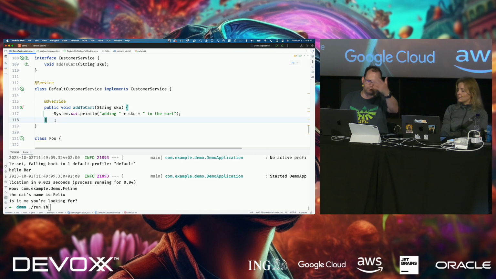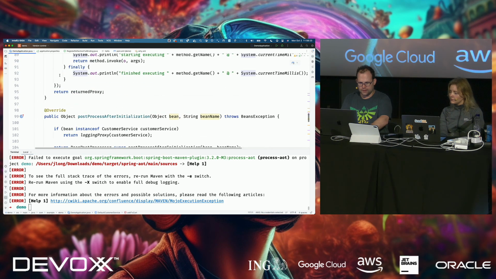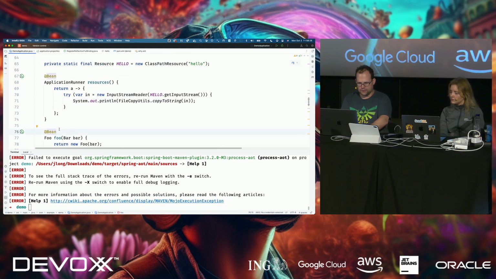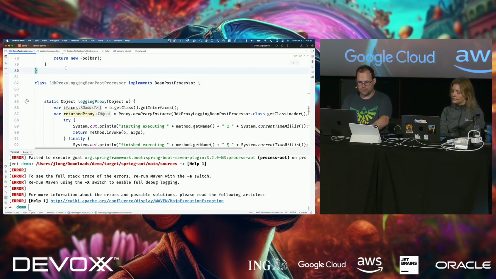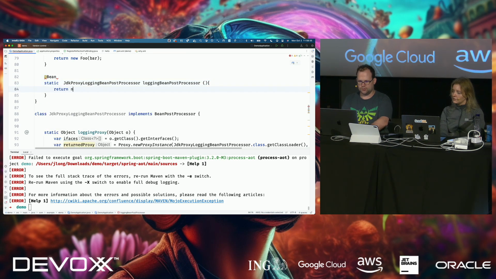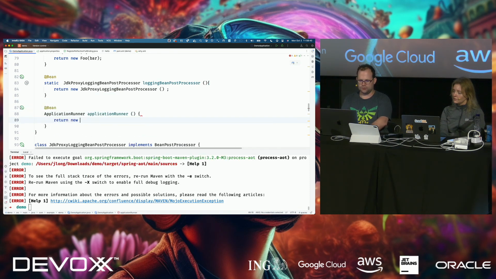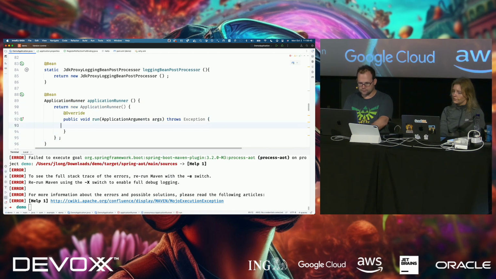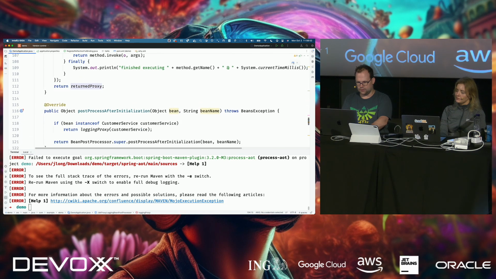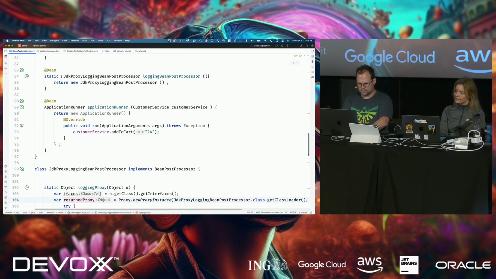And you can imagine how this would work if I were to send it to a time series database or something. Okay? Oops, that's not going to work. I have to run it first. So we go back here and we create this logging bean, this JDK logging bean post processor. I'll say @Bean static. Okay, return. And then we want to have something that actually does the work so we can see it in action. So we say return new ApplicationRunner. I'm going to inject the customer service. You can imagine using this in your database or your web tier or something. Whatever, 1, 2, 3, who cares? Right, where's that? Where did it go? It's lost. There, 1, 2, 3,